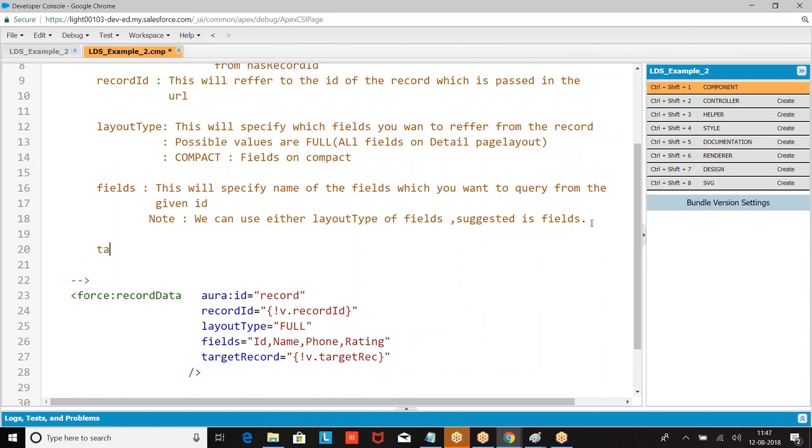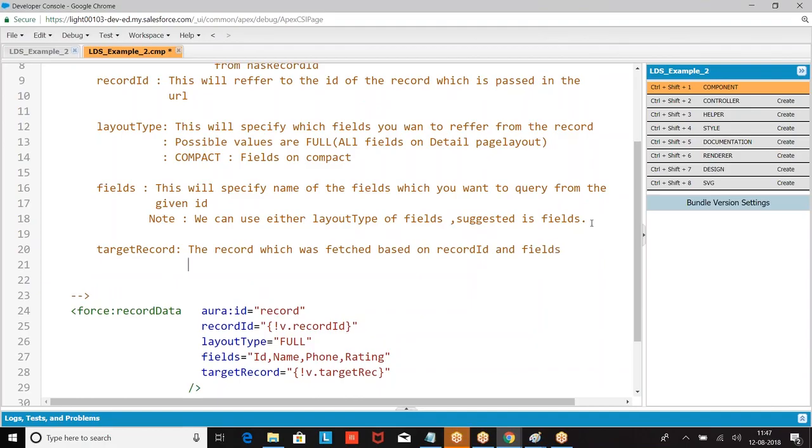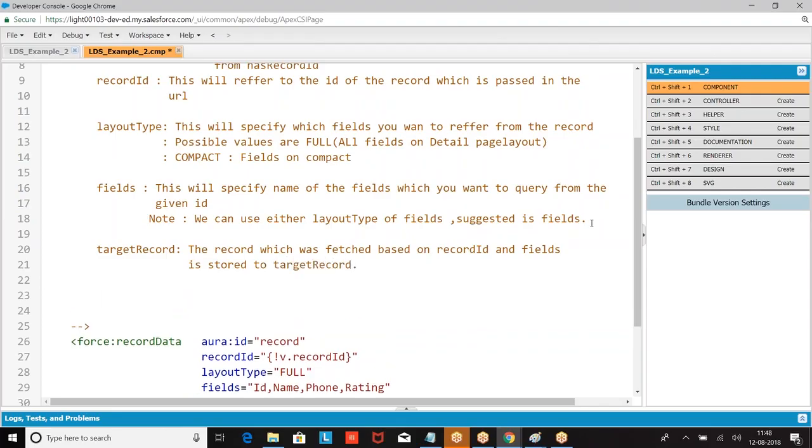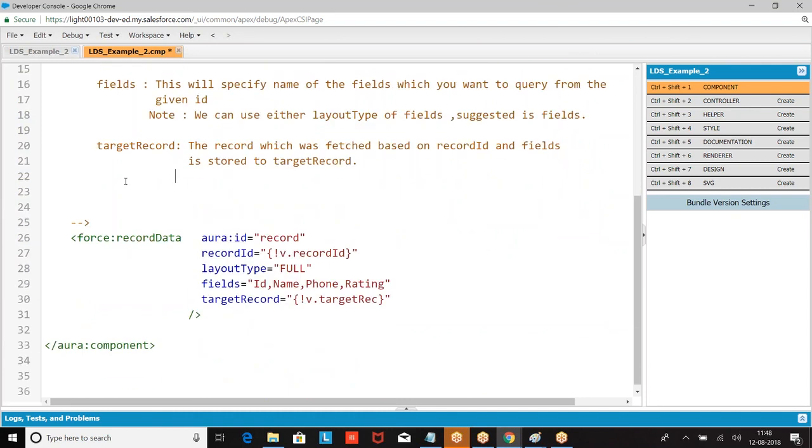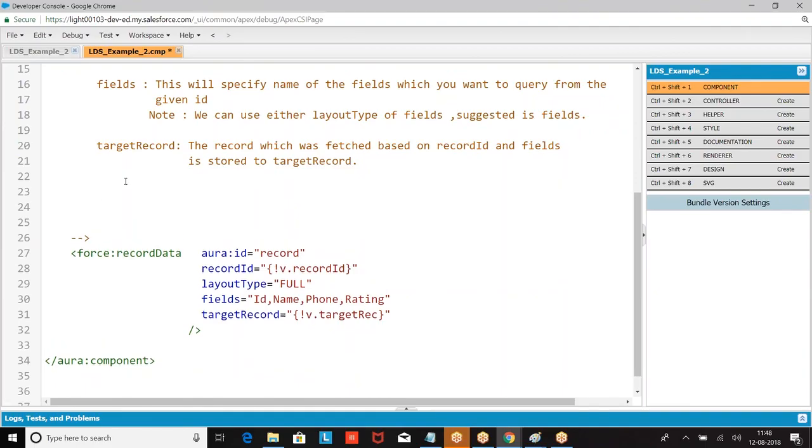Target record, the record which was fetched based on the record ID given and the given fields. Then targetFields.